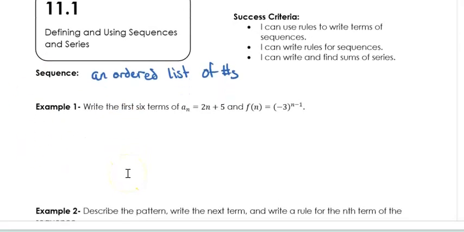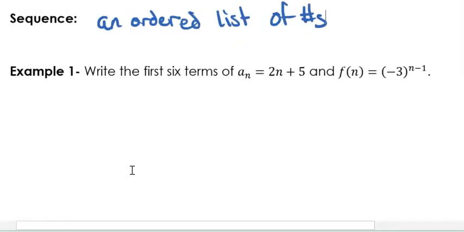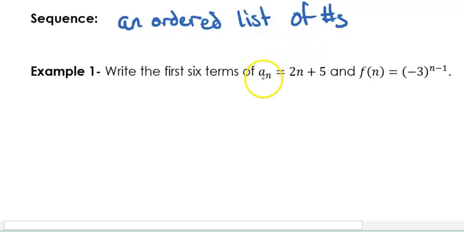All right, on example 1, it wants us to write the first 6 terms of this sequence. They give us 2 sequences here, actually. So first, we're going to do this. They're just written slightly different. So if we want to do this sequence,